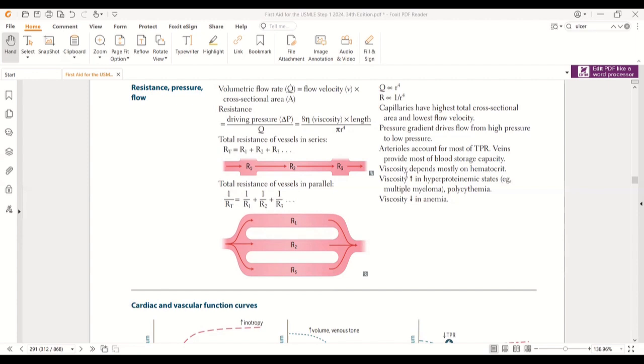Resistance arrangement is of two types, parallel and series, right? In parallel arrangement, the total resistance will decrease. In series arrangement of the resistance, the total resistance will increase, right? And resistance is equal to 8 times viscosity multiplied by the length, divided by pi r to the fourth. So the resistance is directly proportional to the viscosity. If you increase the viscosity, the resistance will increase. If you decrease the viscosity,